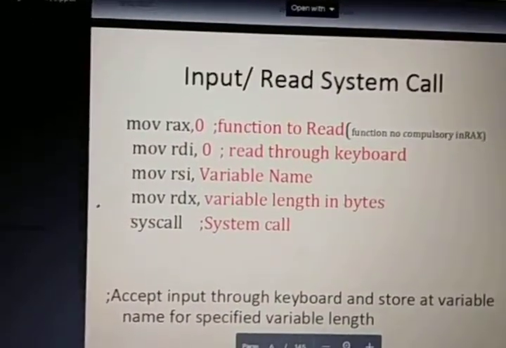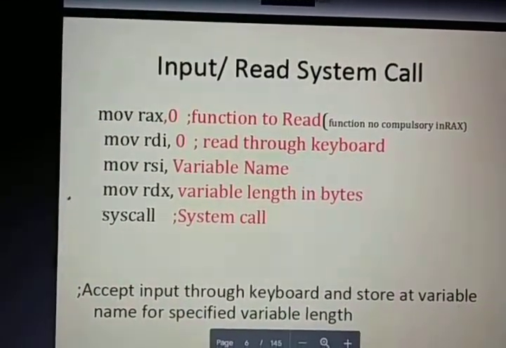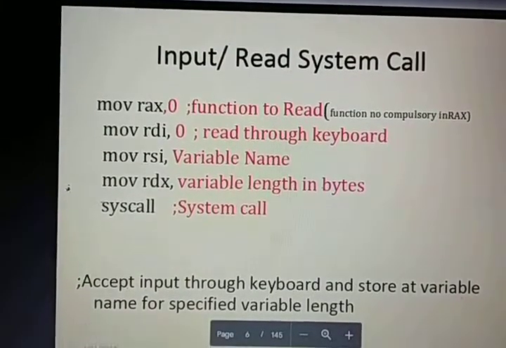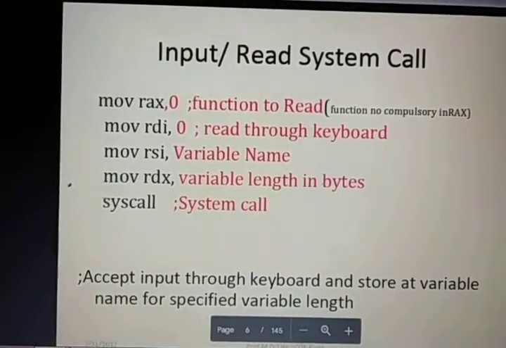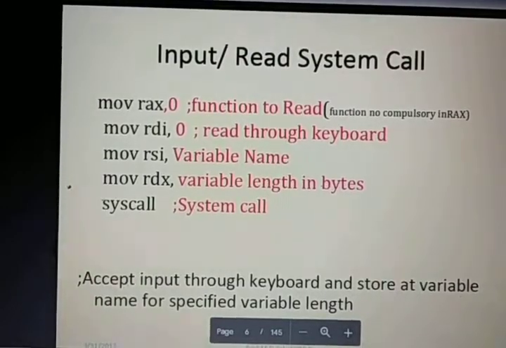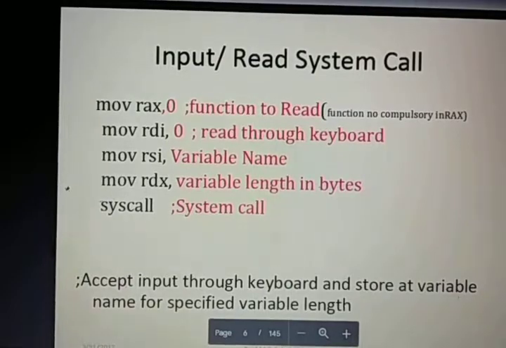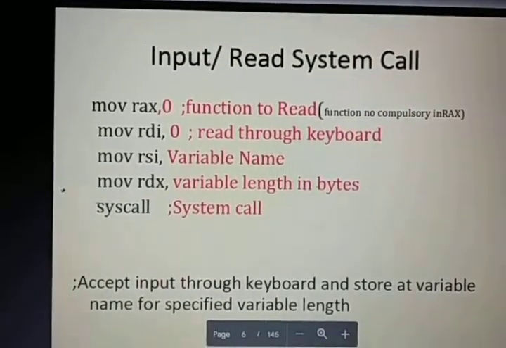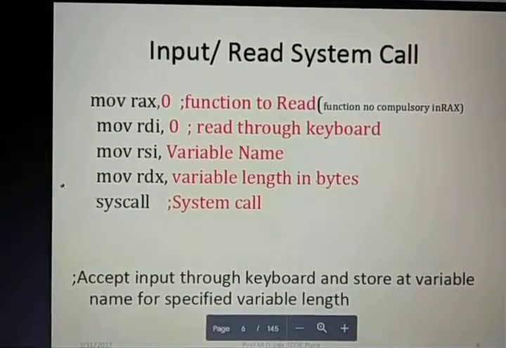Then this is the syntax for a macro. Basically why we use a macro: because again and again you have to write this instruction for printing a message on the output screen, or whenever you want to read data or a variable value from the screen. So once we define a macro, you don't need to write this instruction again and again for printing the message on the output screen, or for reading the value from the screen or from memory.